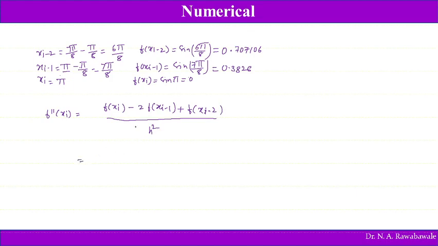So f of xi value is 0, minus 2 into f of xi minus 1, which is 0.3826, plus f of xi minus 2, which is 0.707106, divided by h value, pi by 8, square. So on simplification we get it as